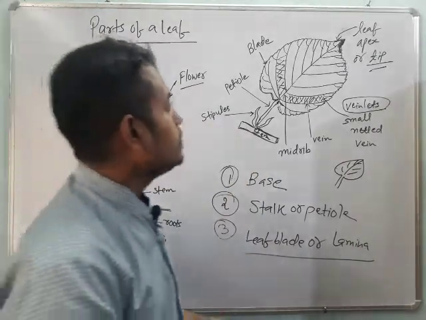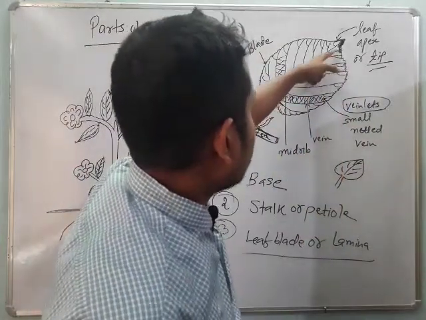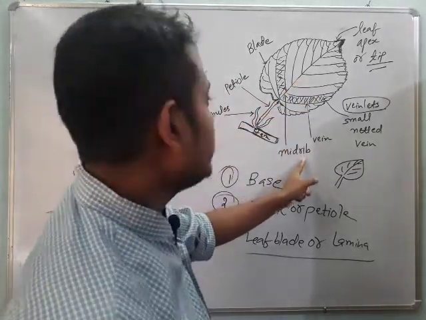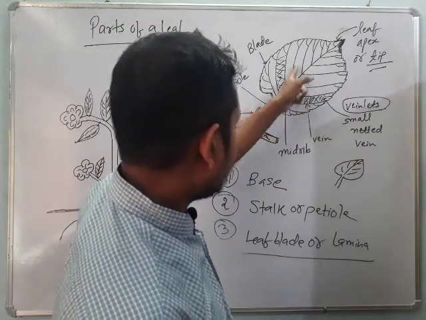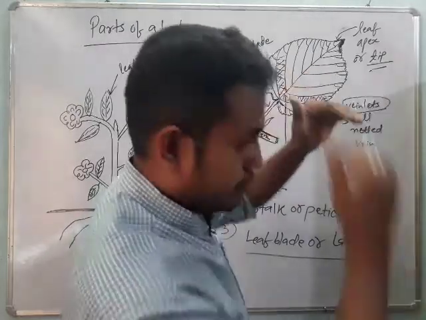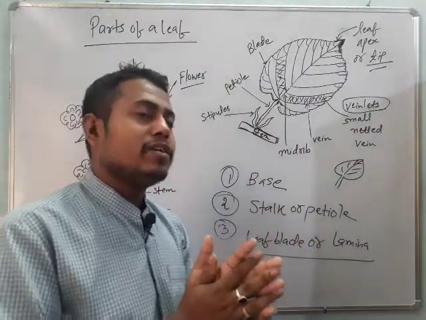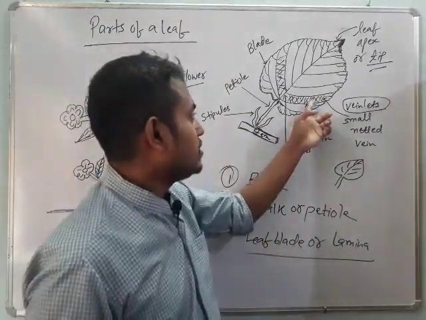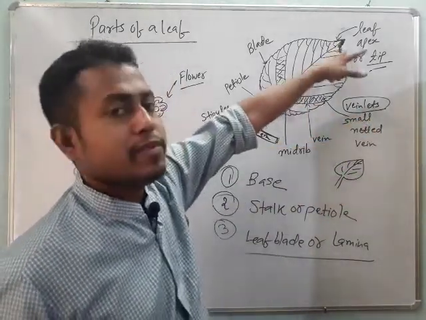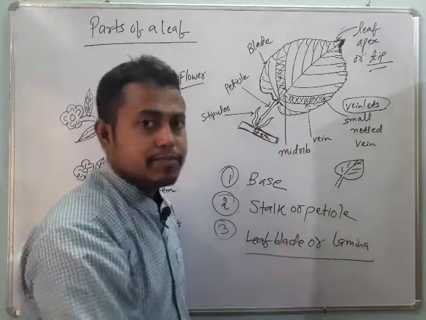Okay, now under the leaf blade we have this half-divider line, right? That is called the midrib, don't forget the name. And under that midrib we have a lot of branches, those branches we call veins. Between those veins we have small lining, or you can say small branches, right? So we call it small netted veins, or you can say veinlets. And the tail of the leaf, we call the leaf apex, or you can say tip. Okay, this is the overview of the leaves.